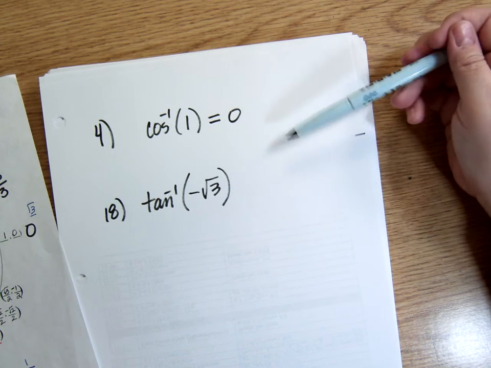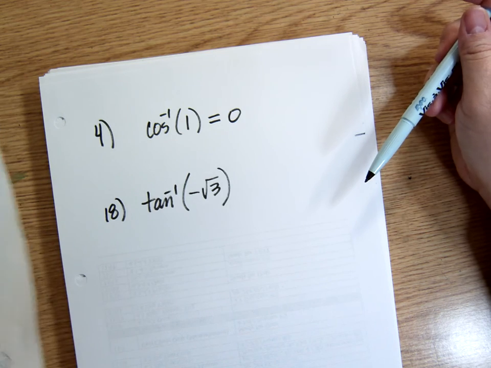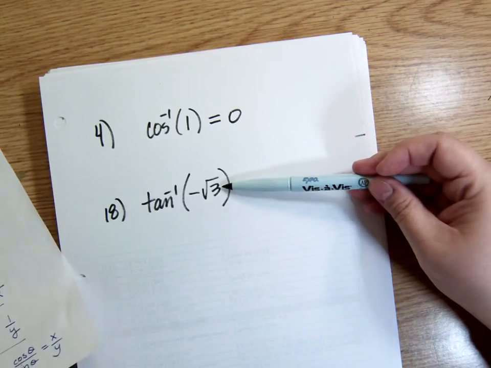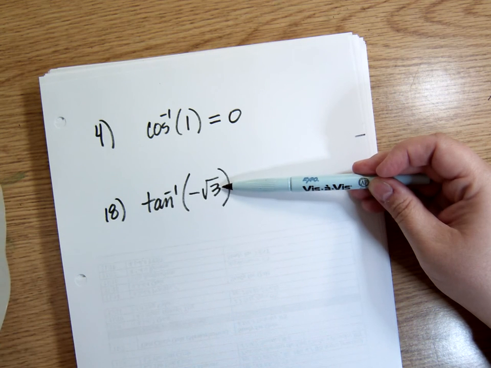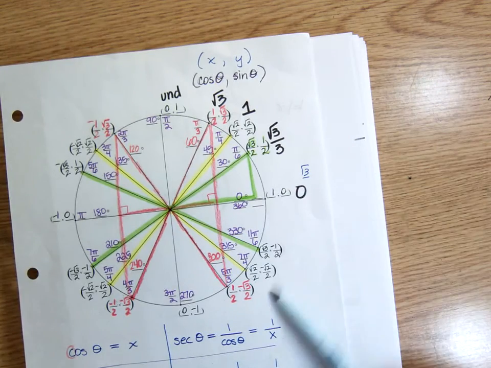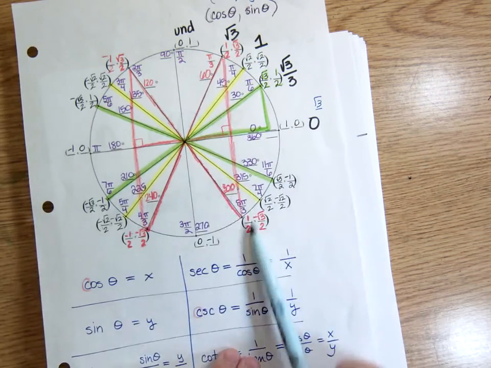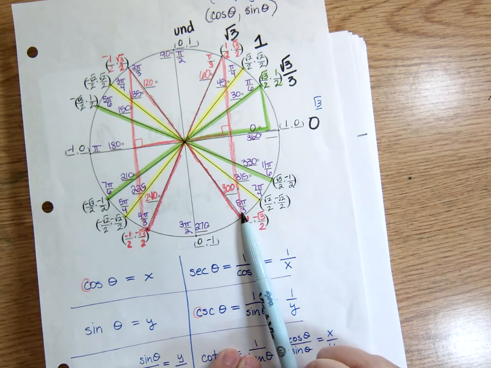Tangent, we look in what two quadrants? First and fourth, okay? So this is negative, so we're going to look in the fourth. Positive, we always look in the first quadrant. Negative is when we really need to think about which other quadrant we use. So tangent, we just said square root of 3. That goes with having a 1/2 first and a square root of 3 second, square root of 3 over 2 second. So that's this point right here that would give me a negative square root of 3, and that's 5